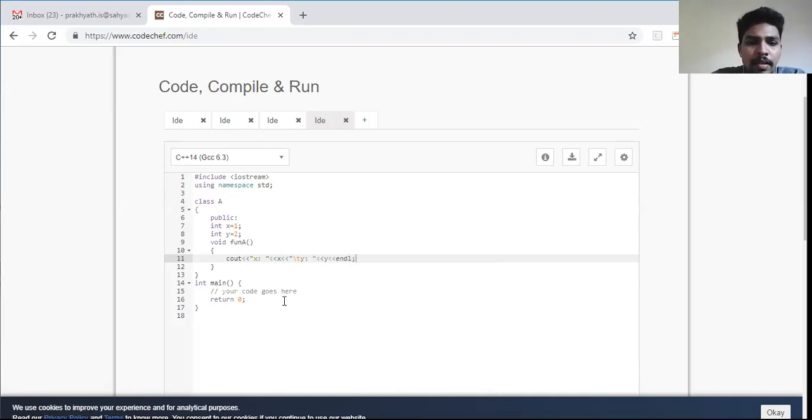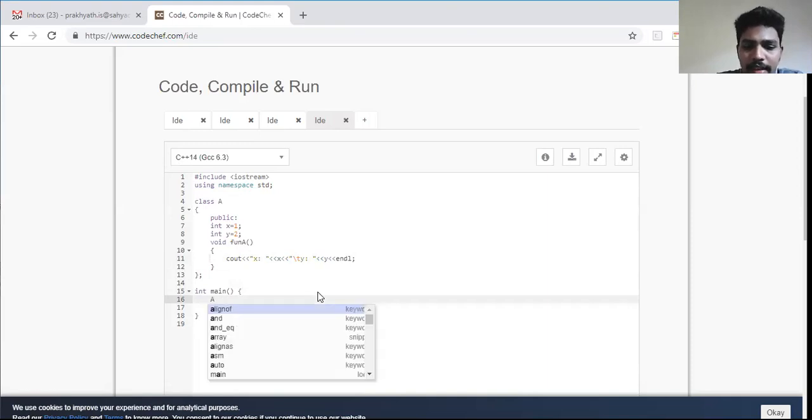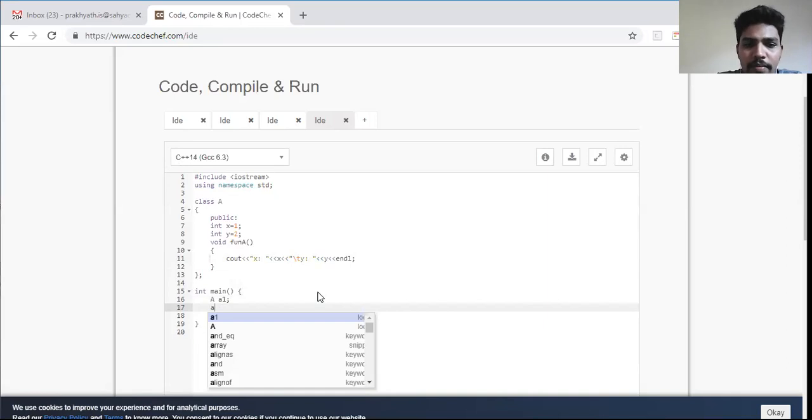Okay, so if you can see here, there is a class called A. I need to use a semicolon; it's the syntax of a class. Then in my main, I'll call the object of that particular class. So A1 is an object of that class, and I'll call the function A1 dot